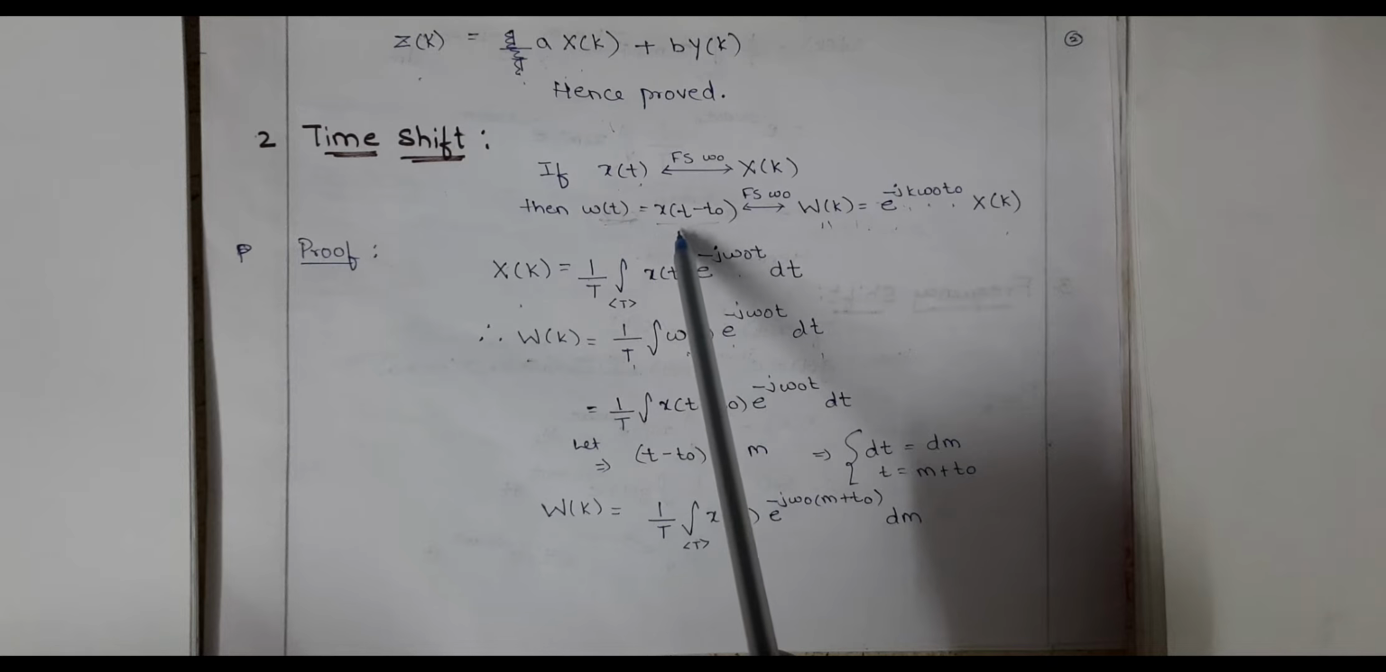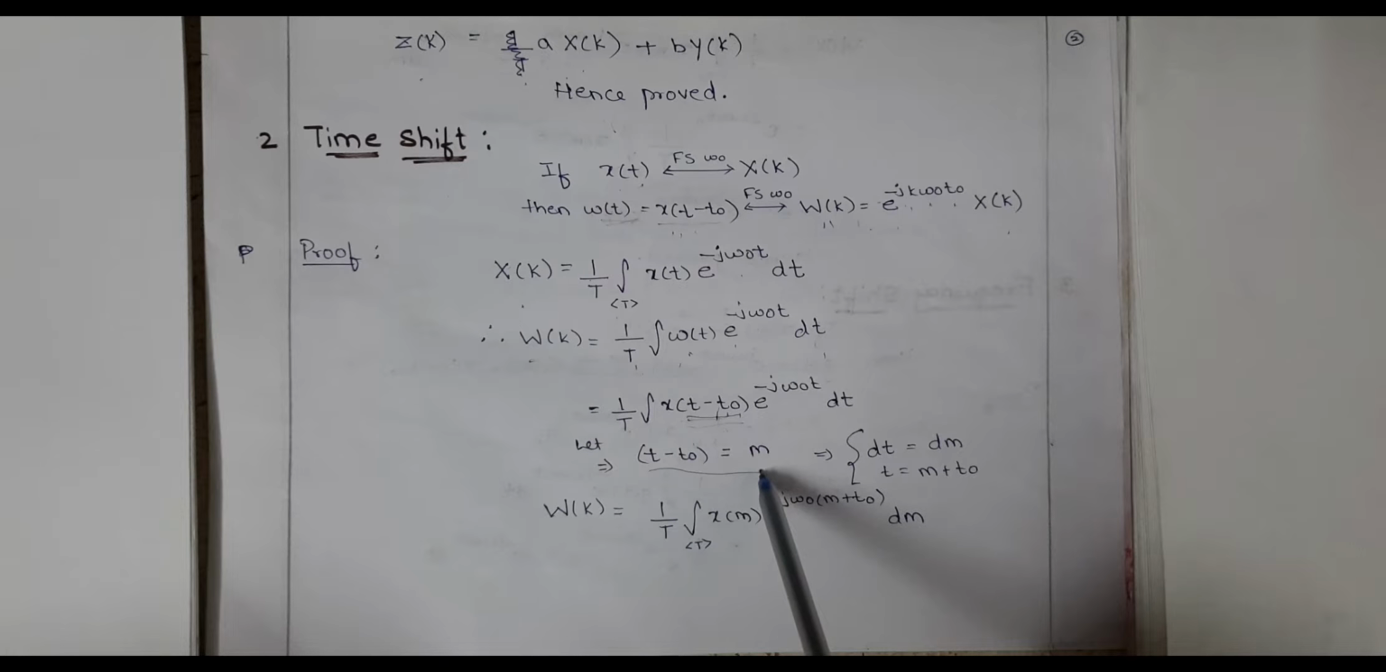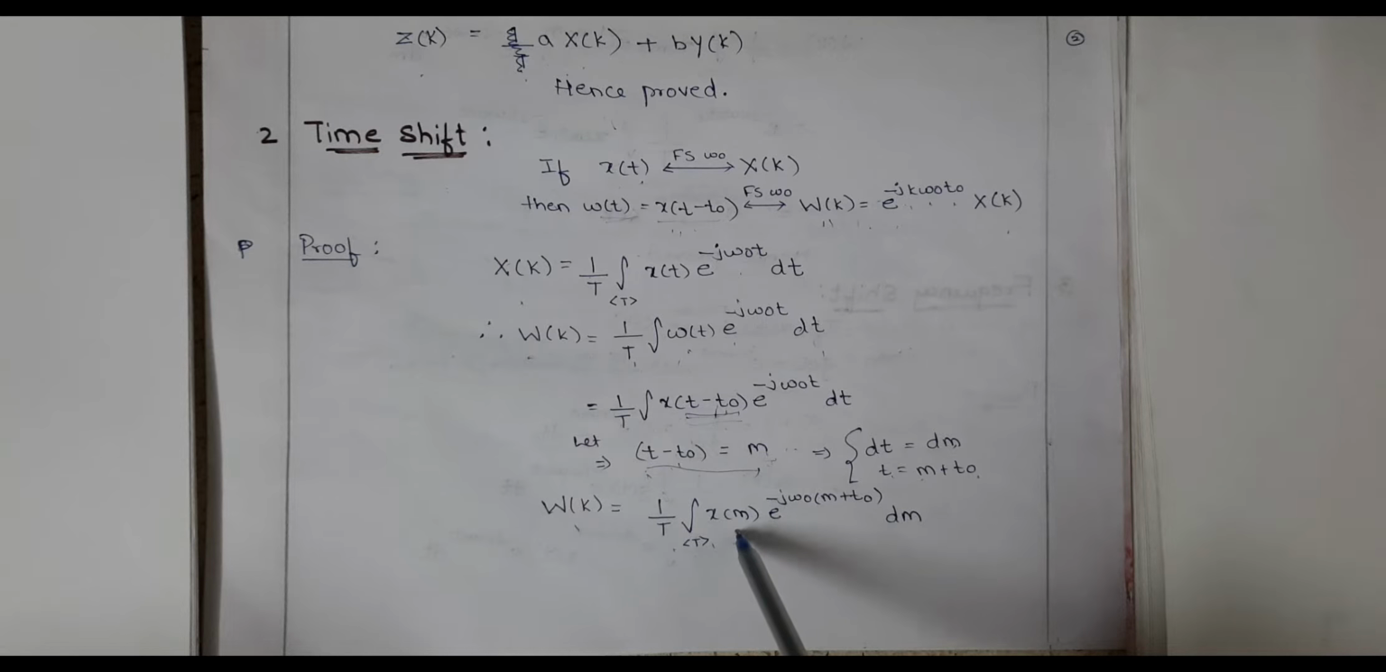Here w of t is nothing but x of t minus t naught. We'll substitute here. Whatever the t minus t naught is there, let us take it as m. Integrating on both sides, dt is equal to dm, and from this term, t is nothing but m plus t naught. Substitute all this here. So w of k is equal to 1 by T integration x of m e raised